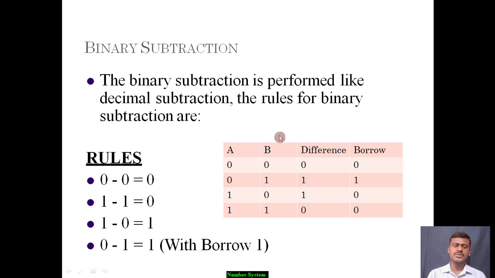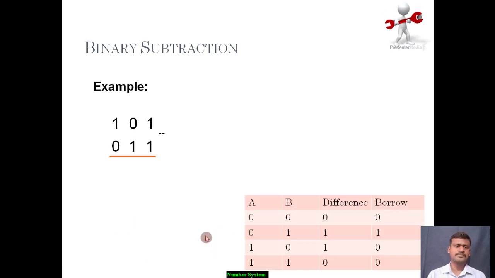So we will use these rules to calculate big binary numbers, that is a sequence of binary numbers, we will subtract those, right? We will use one example to represent these rules. We will go to the example now. Example is 1 0 1 minus 0 1 1. For your reference, I have taken the table here so that we can solve using this table, right?